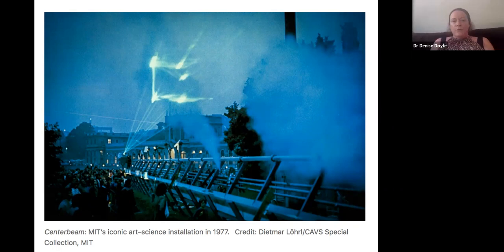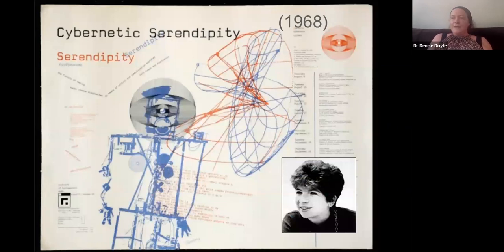Now, Centrebeam was a 44-metre long installation illustrating energy transfer, and included laser drawings against clouds of steam that you can see in the photo, and holograms lit by mirrors tracking the sun, and huge nylon sculptures lifted into the air with helium-filled polyethylene tubing. So, of course, not going back as far as we talked about, but it's not the first time that collaborations were encouraged between art, science and technology in the last century.